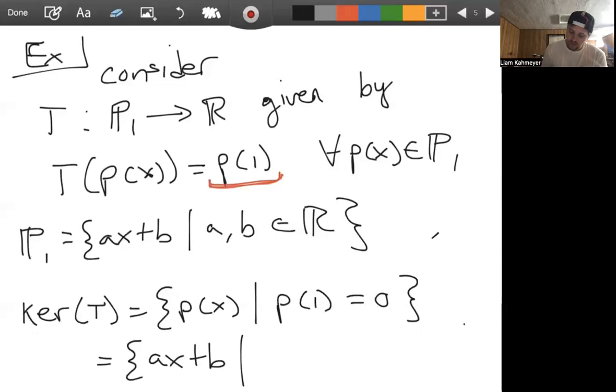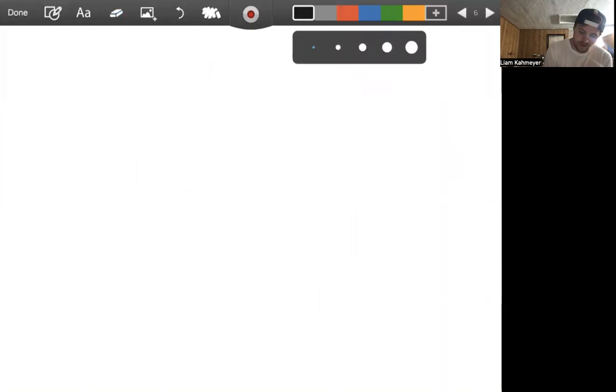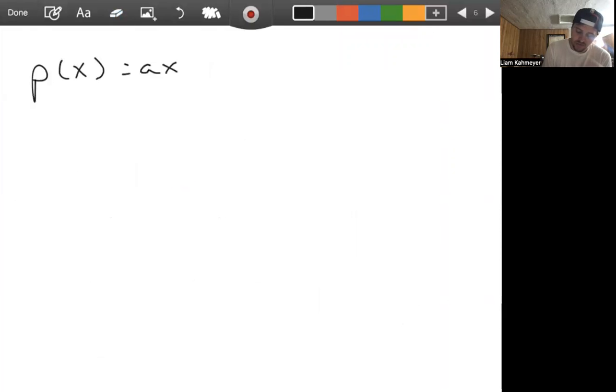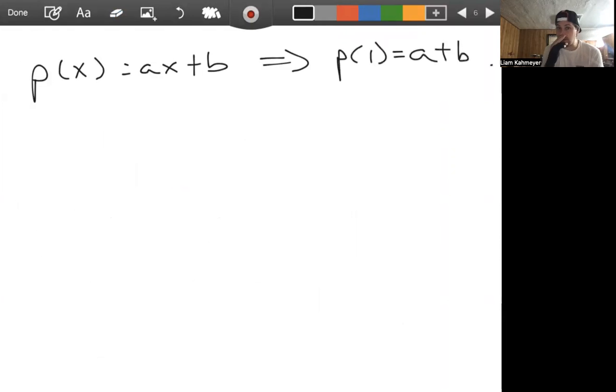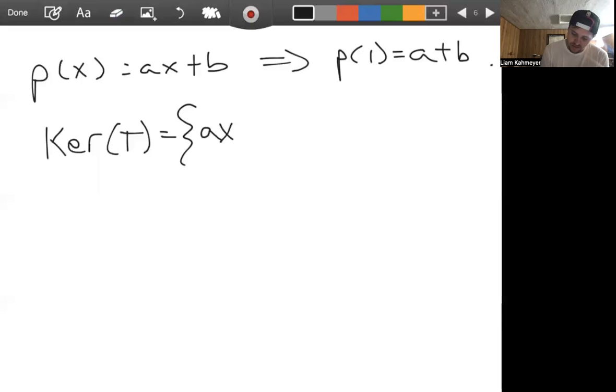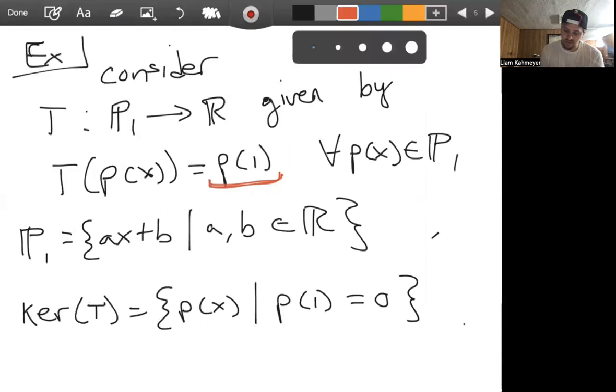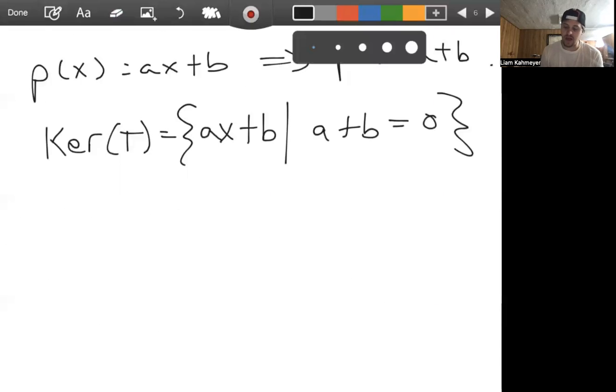well, so really here, we're looking at P of 1. And so if we have an arbitrary P of X equals AX plus B, that implies that P of 1 is always of the form A plus B. And so this means the kernel of our map is polynomials AX plus B such that A plus B is equal to 0. Because if we set P of 1 equal to 0, then we would be setting A plus B equal to 0. Plug in 1 for X, you get A plus B, i.e. the kernel